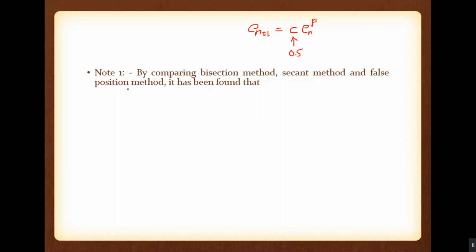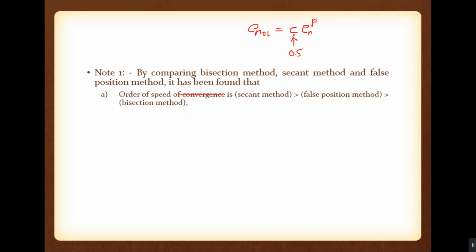P is more important than C. So please note, the false position method is also a linear method, but still it is taking fewer steps than the bisection method. So if you are taking the order of speed, this term is wrong. If you are considering the speed or number of steps, then the secant method is greater than the false position method, greater than the bisection method. So please note, here the speed of convergence I wrote is not with respect to P, but with respect to both P and C, that is, with respect to the number of steps required.